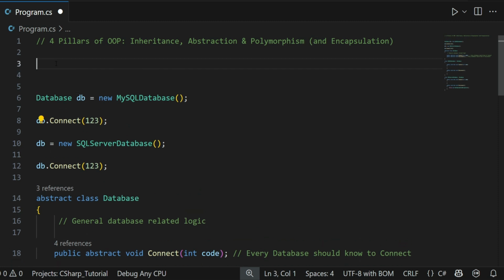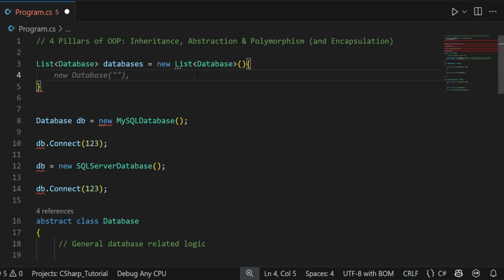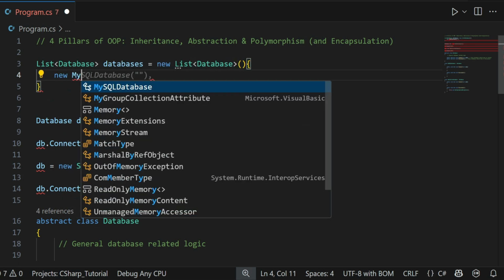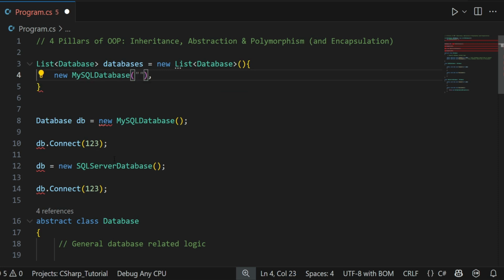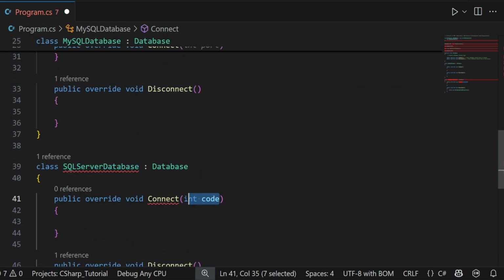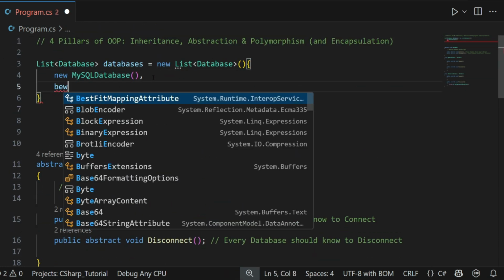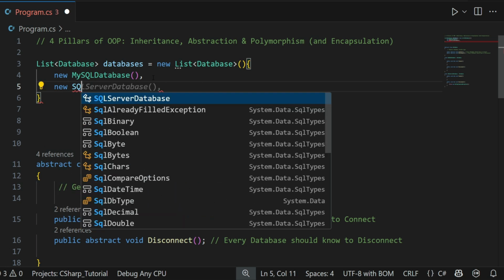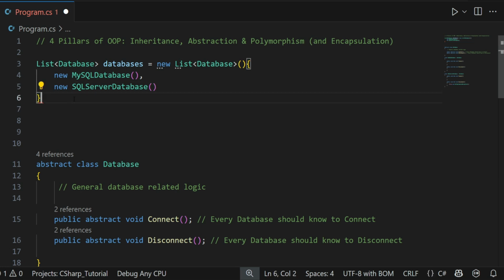So if we want to have a list of databases, and maybe we already have this list over here, new MySQL database. Let's just remove this parameter. New SQL Server database, and we can have more and more databases, right? But we created a list of databases and it contains different types of databases. And we saw this with interfaces as well, right? We could create a list of some kind of interface and then simply store references to these interfaces and do things with them. So now that we have this, we can have some kind of for each